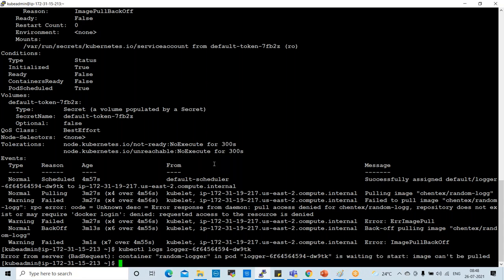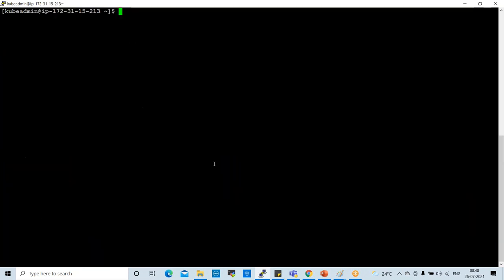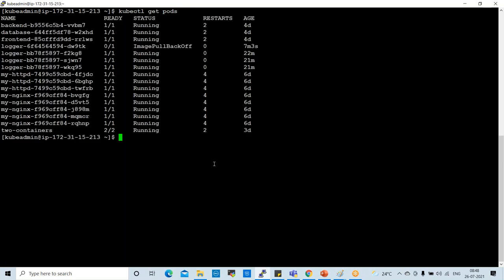Next, you can go to the deployment. kubectl get pods. This pod is having some issue, right? Now what will we do? kubectl edit deployment and the logger deployment name.